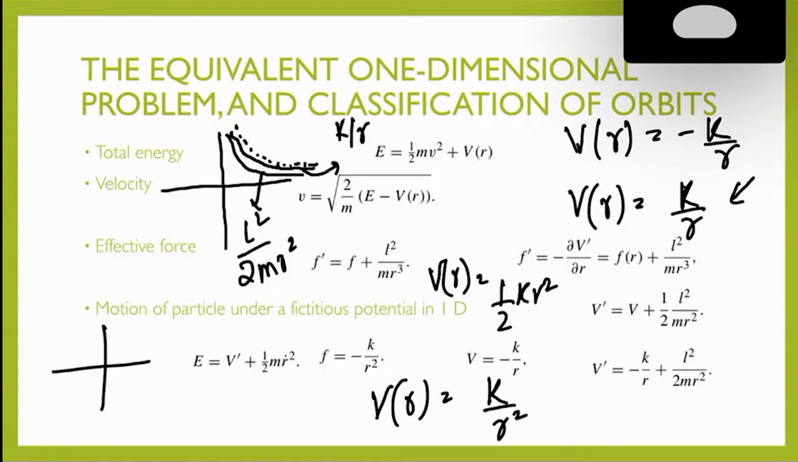As you can see, this VR contains 1 by r square. Your other term, that is L square by 2m r square, is also 1 by r square. If your K becomes this,